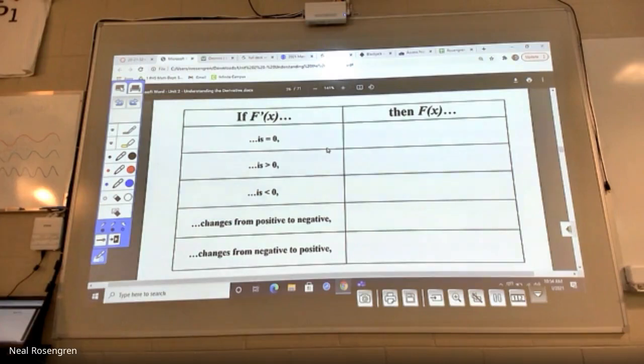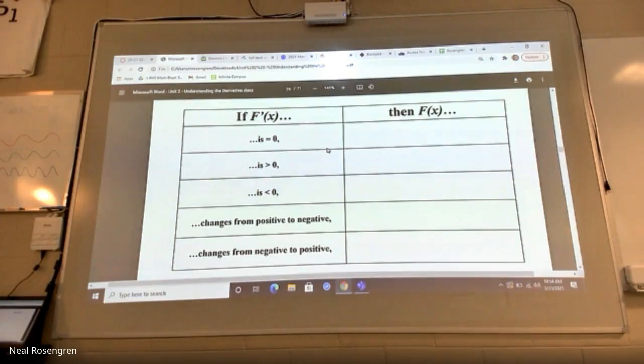And there's still kind of one big thing that's left for us to do. And this table kind of alludes to it here for a second. Some of the things that we're trying to do is make connections between the function and the derivative in both directions, right? If the function is this, and the derivative does that, and vice versa. This is the vice versa part. If the derivative is, or changes, whatever, let's see if we can make some nice, true statements that kind of cover everything about the function